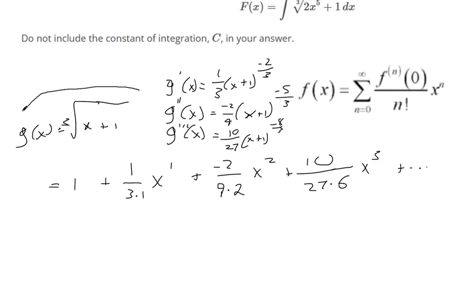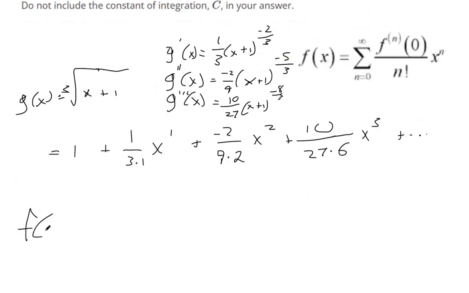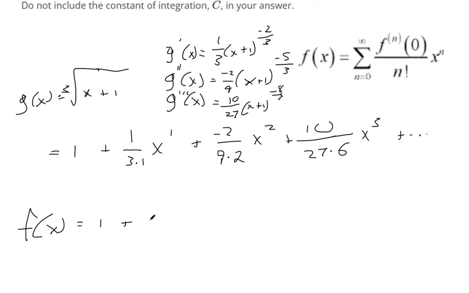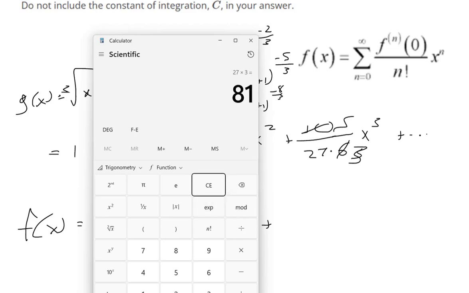Okay, so we got a Maclaurin series for something that looks really similar. We can make a Maclaurin series for this, and then we can just integrate term by term. So the Maclaurin series we want is going to be 1 plus, we're substituting 2x to the fifth everywhere we see an x. So this is 2x to the fifth over 3. Subtract. This is, those will cancel. This is x squared over 9. And then this is here 5 and 3. Is that 27? Yeah, so 27 times 3, so that's 5 over 81,